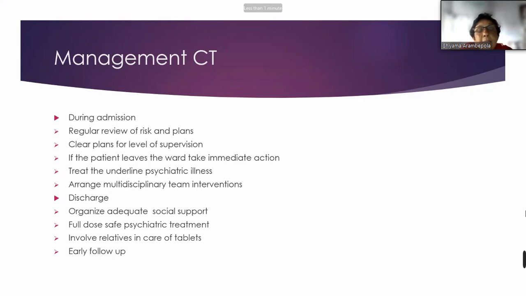Then you have to treat the underlying psychiatric illness, right? It can be depression, schizophrenia, personality disorder, alcohol dependence. So you need to look for it, right? Then arrange multidisciplinary team intervention, right? It is also important, as I told you at the beginning, right? They attempt suicide due to some reason, right? So we need to attend to that problem. Unless you attend to that problem,